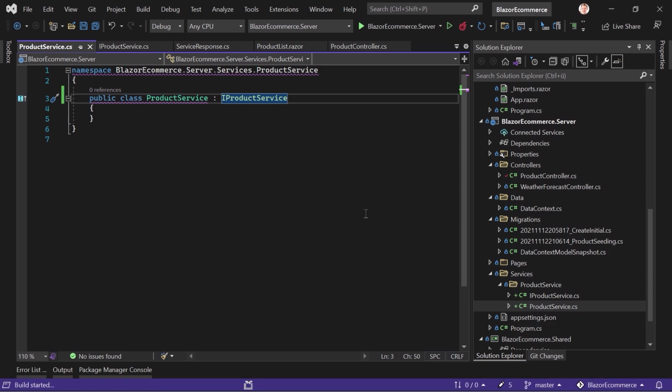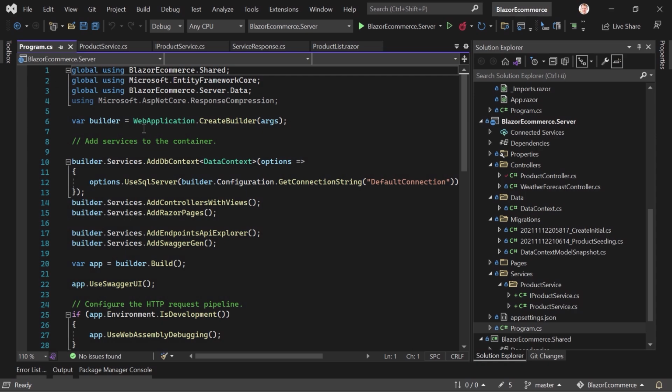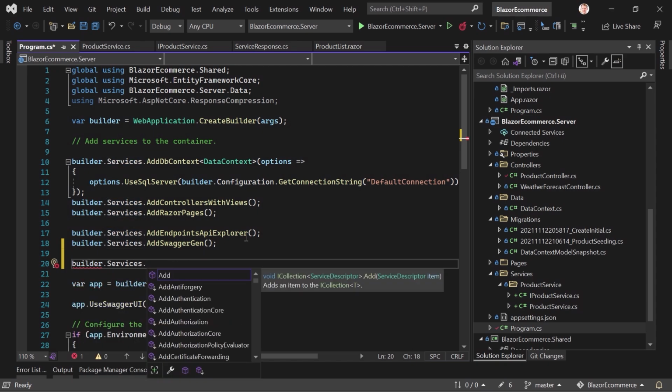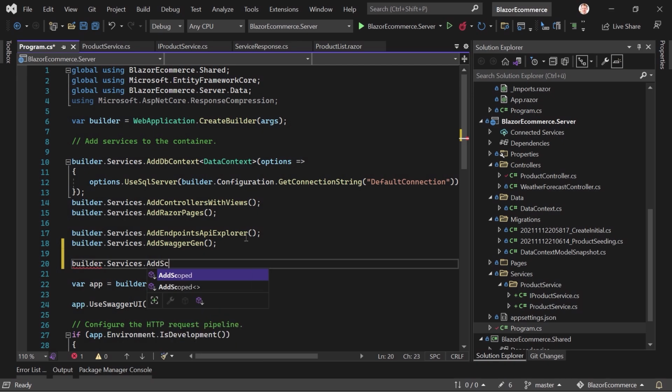Here we save this, and then we can already register this thing. So in the Program.cs, let's add it down here, maybe builder.Services, and then AddScoped, adds a scoped service of the type specified in service type to the specified IServiceCollection. There's also AddTransient, and also AddSingleton for a singleton. But what we want to use is AddScoped with